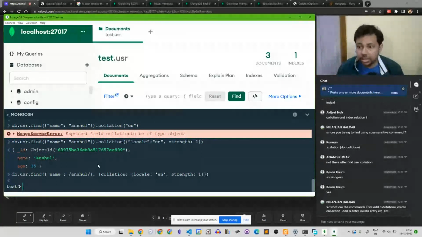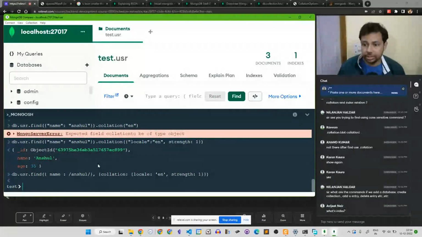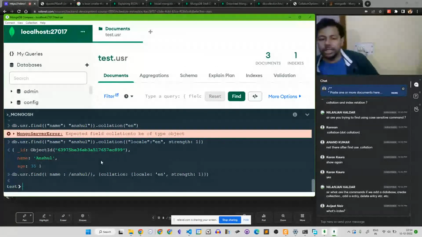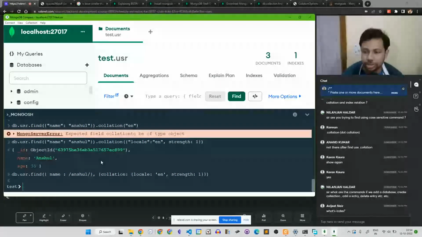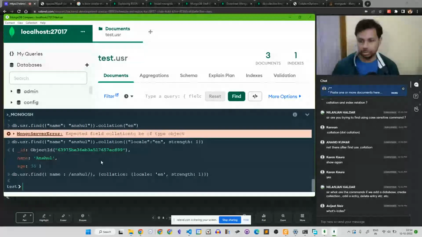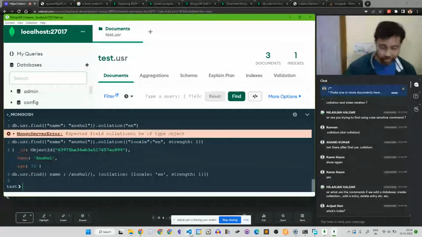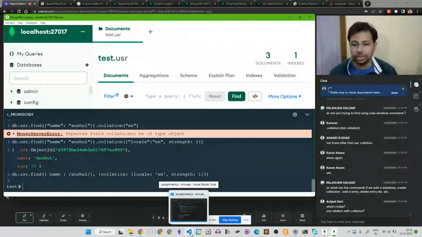Sir, what are the commands if we add a database, create collection and add entry, delete, etc.? What's index? Index we are going to discuss more in upcoming lectures, Avijit. There will be a complete lecture, the third lecture, on Saturday on indexes. Any relation with collation?